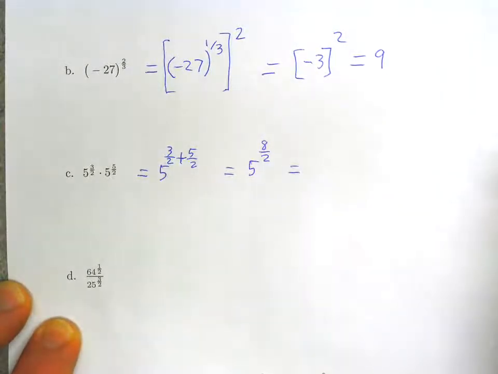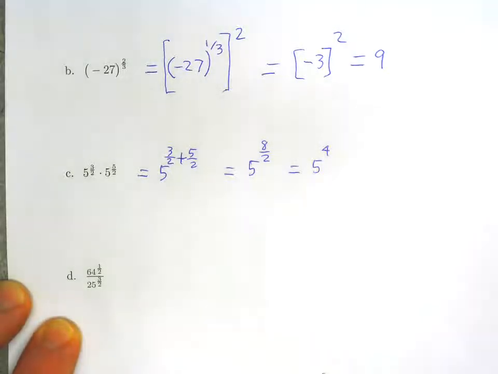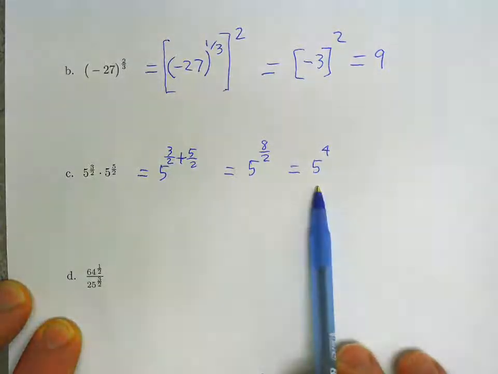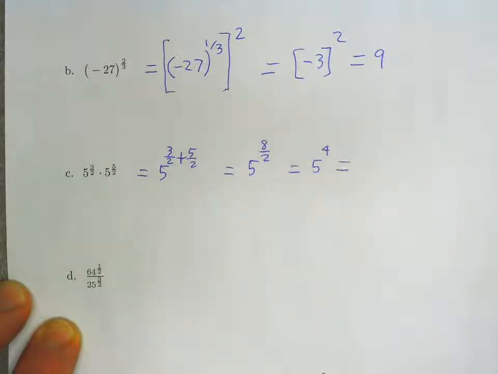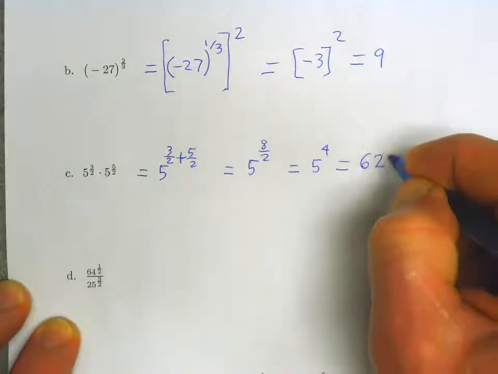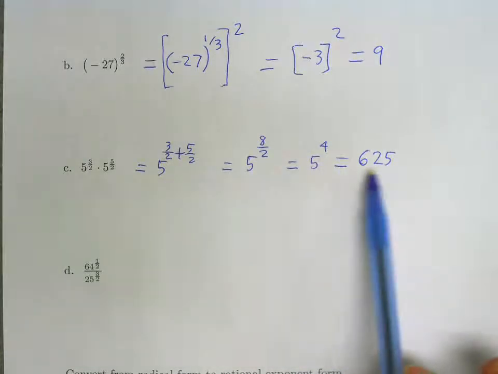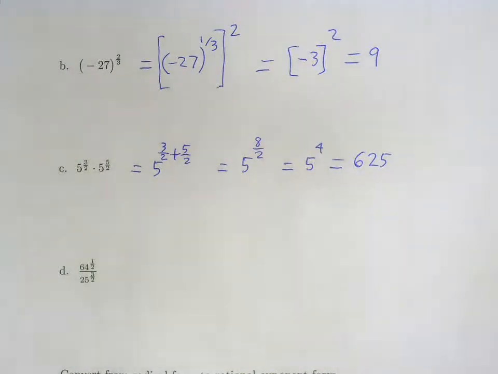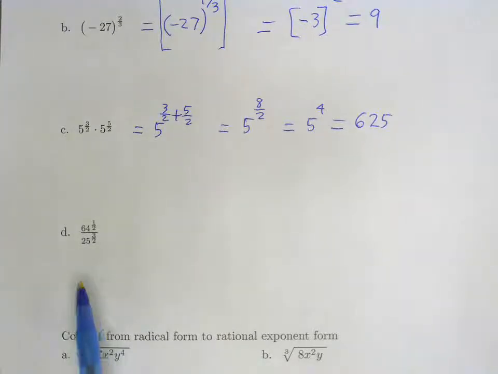And 8/2 simplifies to 4, so we have 5 to the 4th. And we can simplify this further because 5 to the 4th is just 5 times 5 times 5 times 5, and this simplifies to 625. With a high-powered calculator, that won't be hard for you to figure out. Okay, the next one, in the numerator, we have 64 to the 1/2, and in the denominator, we have 25